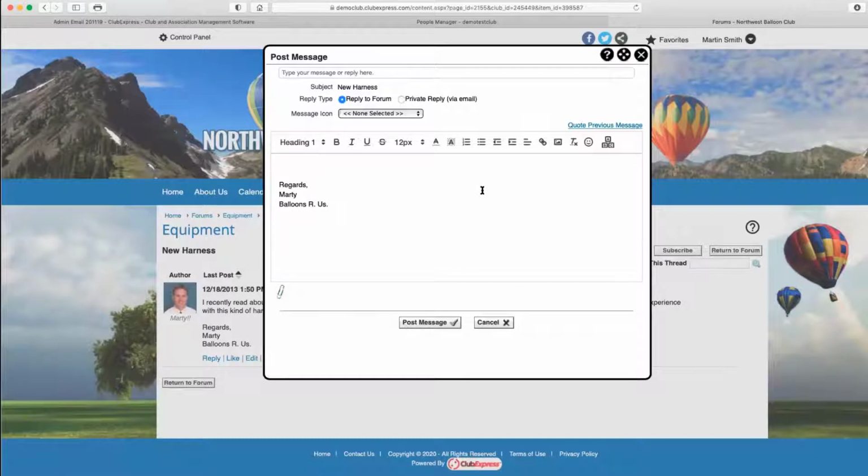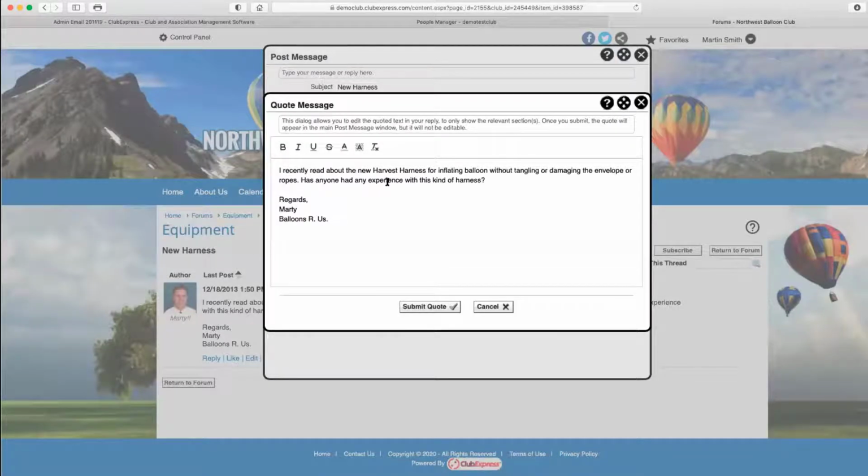The original editor we had was causing problems. People were getting confused, and there were formatting issues, and sometimes people would enter content into this editor that would then screw up the appearance of the forum. So we changed to a simpler editor that still has all of the formatting tools that you might need, but it doesn't have the same problems that the previous editor had. Now, you still have the ability to quote the previous message, but it works slightly differently. When you click on this, it's going to give you a pop-up window that allows you to edit what you're quoting. So, for example, I could